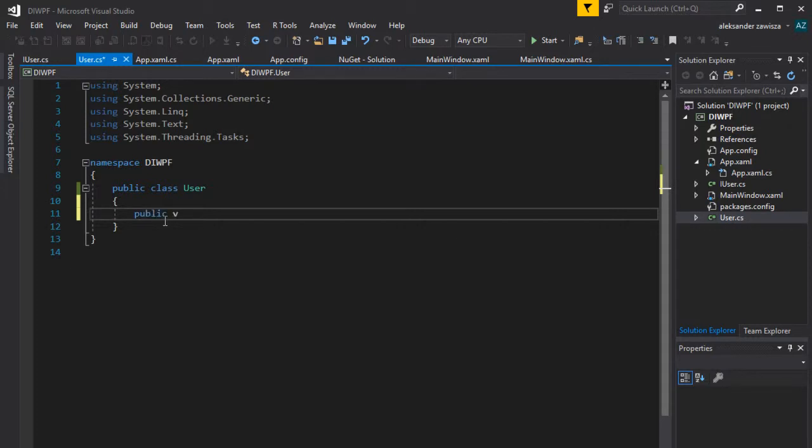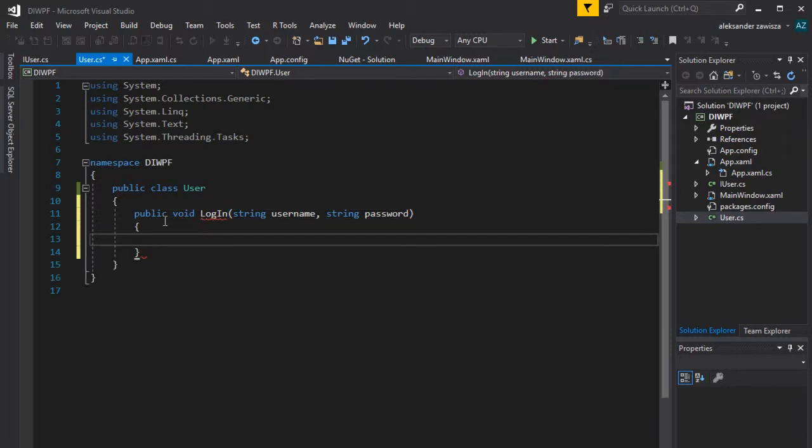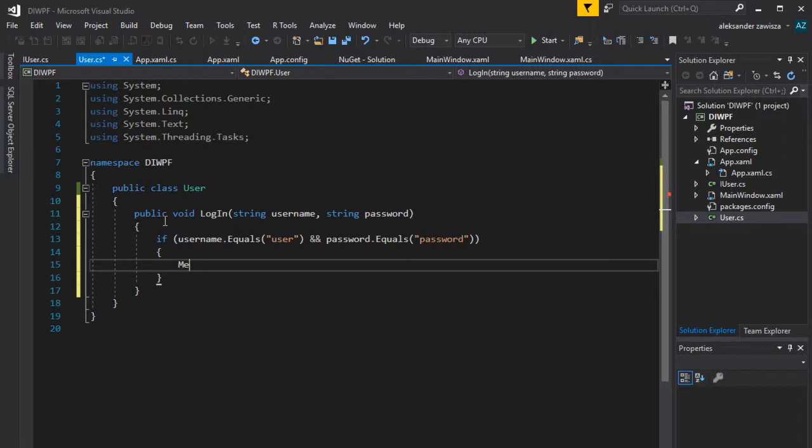So the method is public void Login, with string username and string password. So basically we want to display a message. So if username equals user and password equals password, then